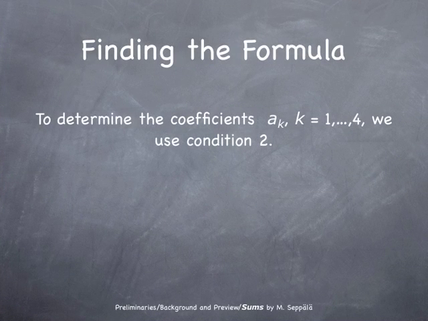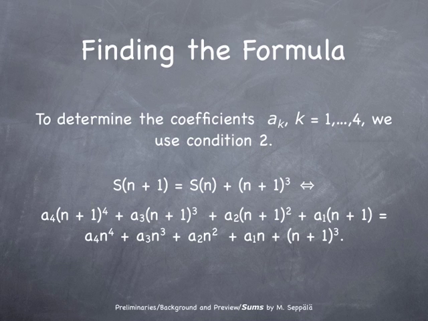To determine the remaining coefficients ak, k from 1 to 4, we use condition 2. Condition 2 says that s at n plus 1 equals s at n plus n plus 1 cubed. In place of s of n and s of n plus 1, we plug in the expression in terms of